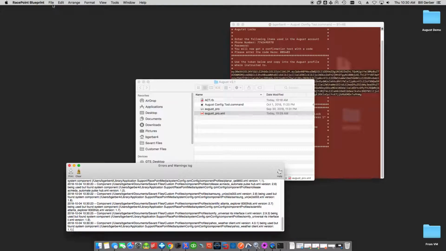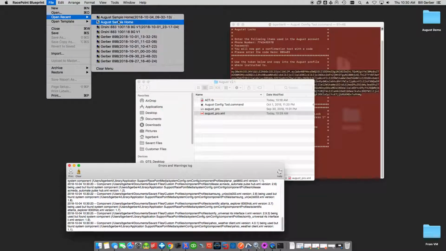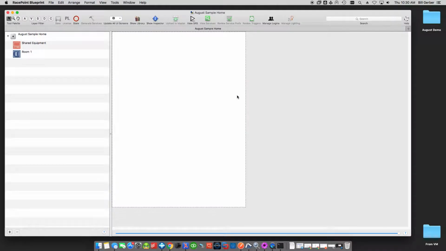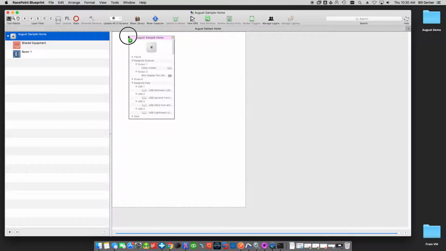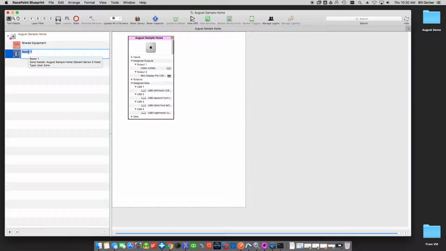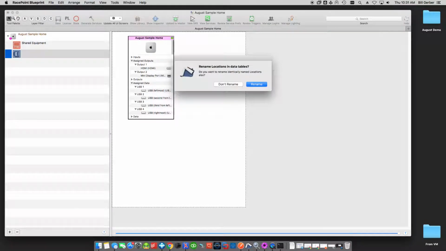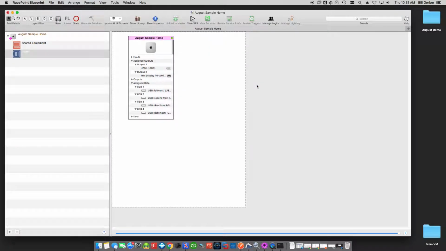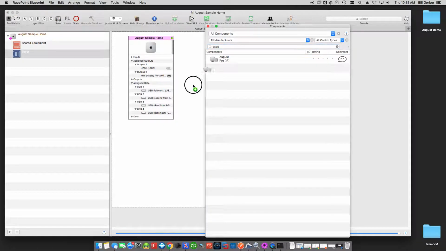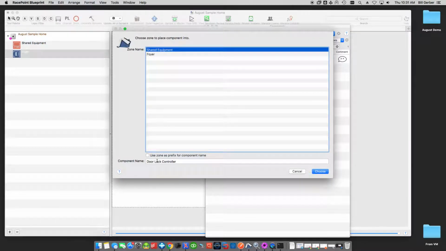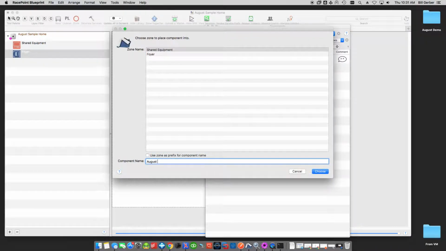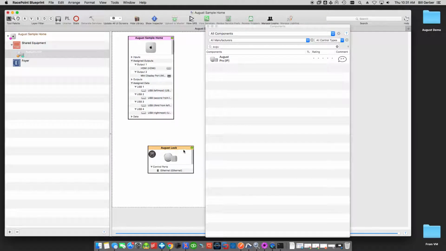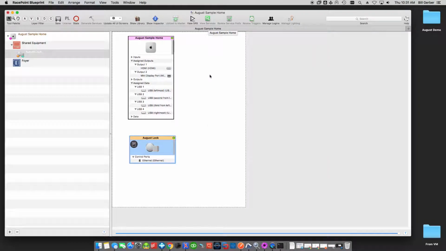So I had already started kind of a basic one, and when I say started, it's one component. So we've got the host, and this will work on a smart host, so either host will work. I'm just going to change this to the foyer. And I'm going to now add our August lock. So once we've done this,